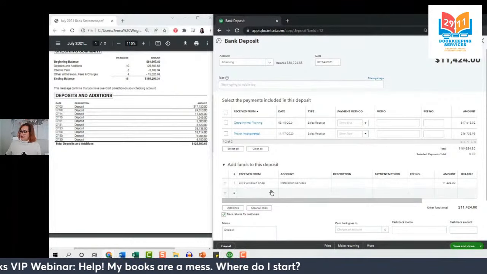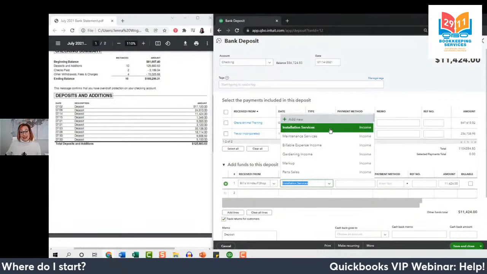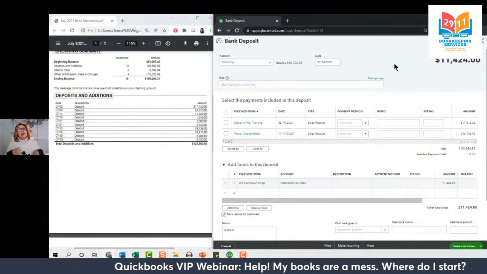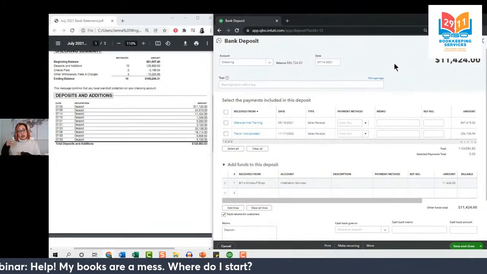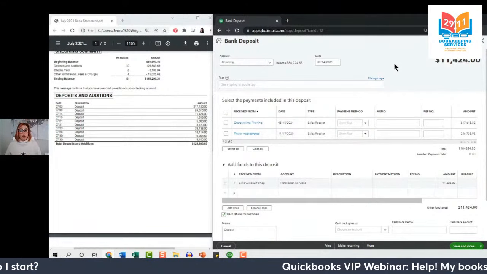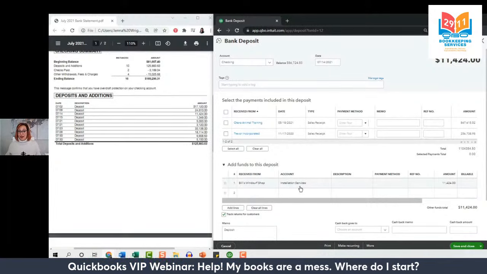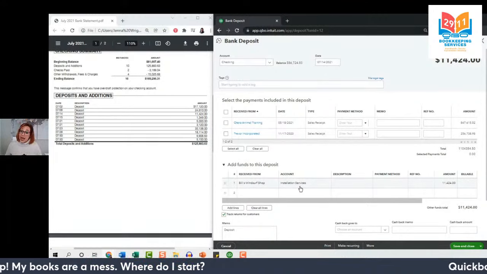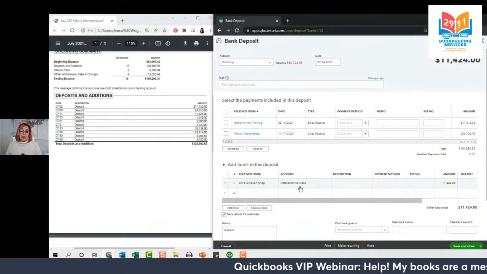Okay, same date. And I see that it's from Bill's Windsurf Shop, but this time somebody put an income account on this deposit. This is a big problem. When you're recording your income properly, you've got an invoice and a received payment transaction, and then deposit money from the received payment. That's how you should record your income. If you were to put an income account on a deposit when an invoice already exists, essentially you're duplicating your income, which is a really bad thing, especially for tax purposes. So you really want to avoid that at all costs.